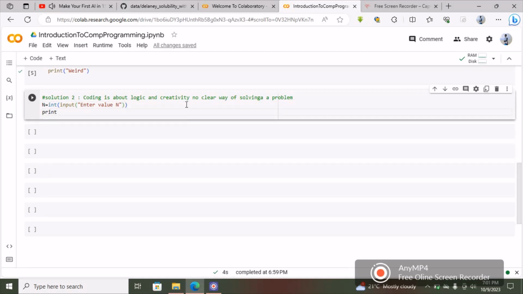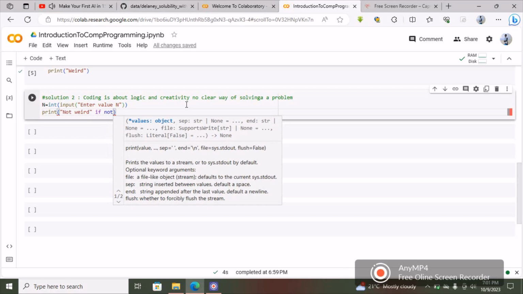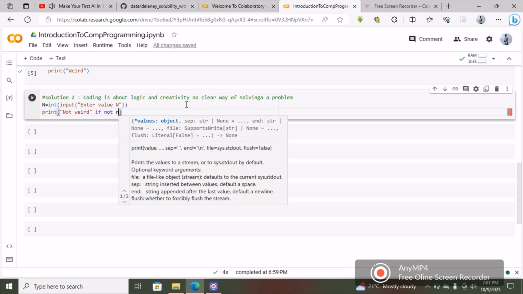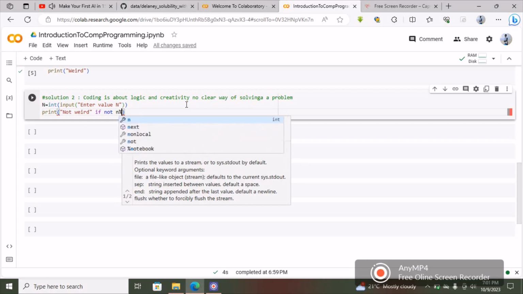So let's write all the statements that we had previously in a single line now. So print not weird if not. Not there is the negation. If not n modulus 2,